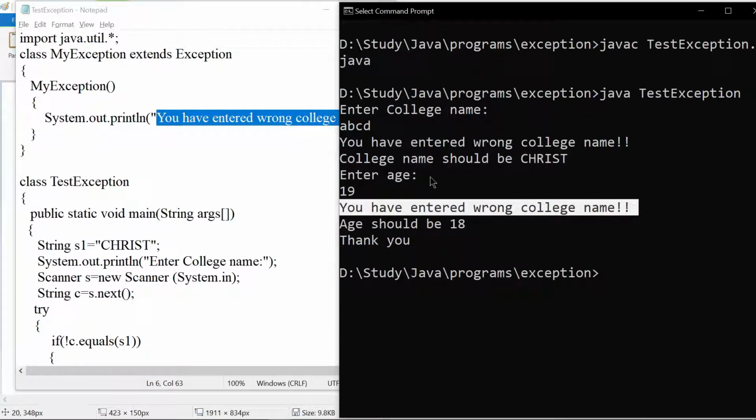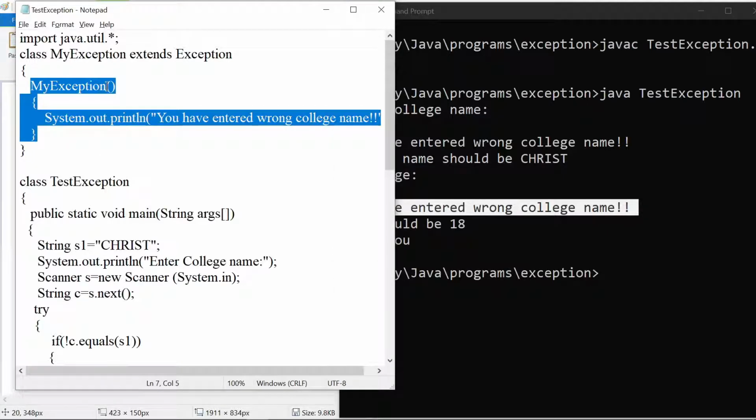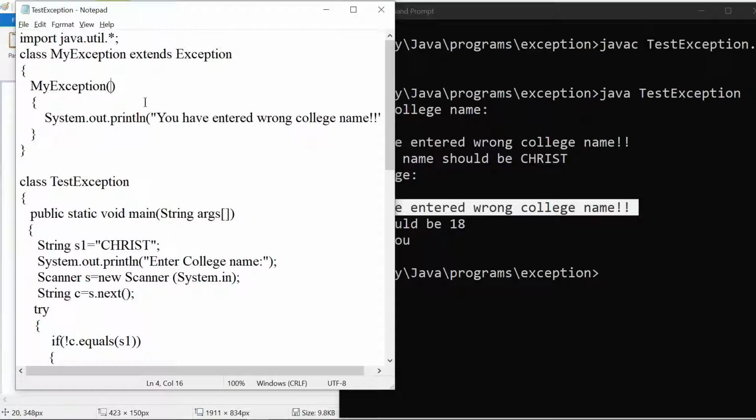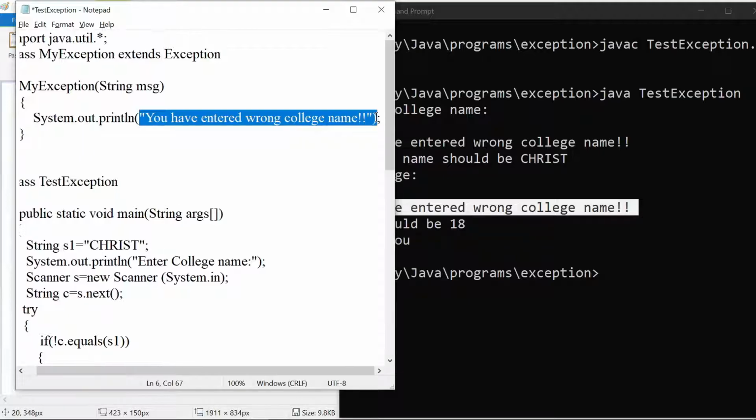Then what you need to do is convert this my exception, where we don't have any parameter, into one with a single parameter, where you can have your own customized message. That means instead of writing the message here, I am displaying the message from here.